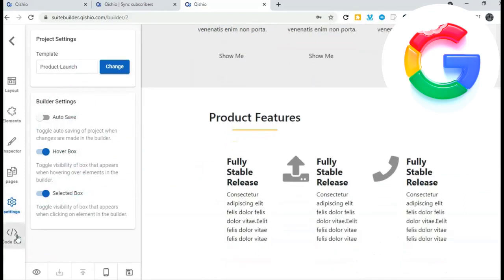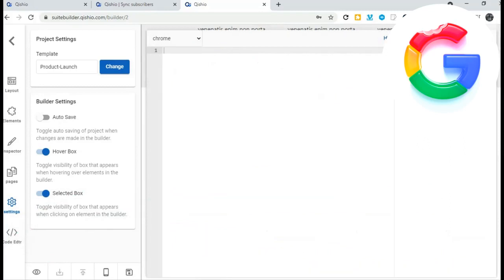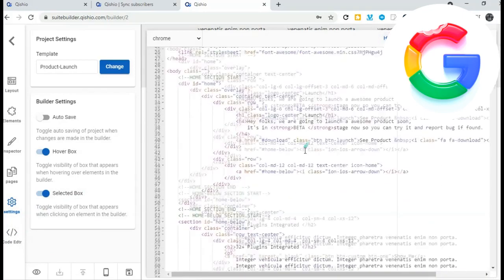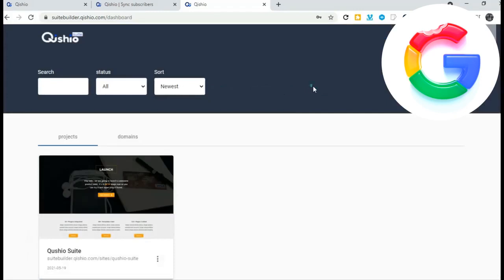And if you're old school, click on Code Editor. Boom, you are actually editing the HTML, the CSS, and the JavaScript, all built in. Now, most people aren't going to be there, but if there's something you need to change, you can get in there and make those adjustments if you know what you're doing. It's very powerful for the basic user, also very flexible for the advanced user. So that is the Suite Builder that allows you to create these projects, these funnels